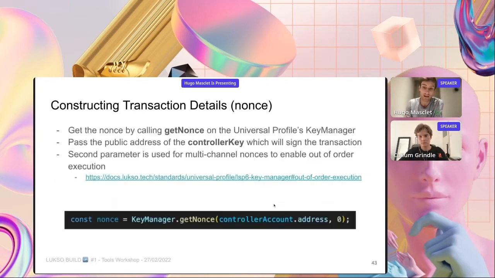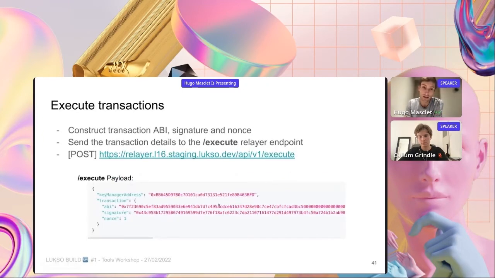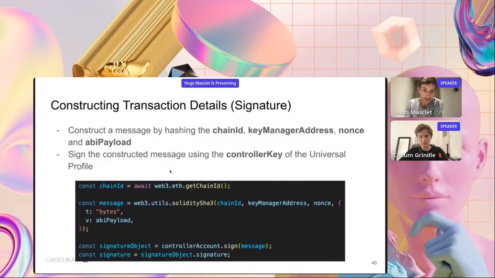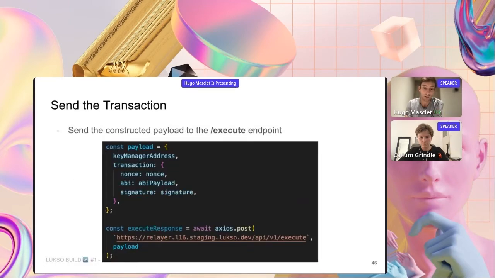This is how you get, if I go back, this ABI here. So you encode this ABI, and you've got your ABI payload. And then once you have this, you need to sign. So you will sign the whole transaction with the key manager, the nonce, and the payload. And then once you have your message, you've got the signature and you've got everything you need to send your payload to the relayer. So you've got the nonce, the payload, the signature, and you can just send that to your relayer, and you will